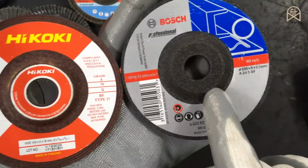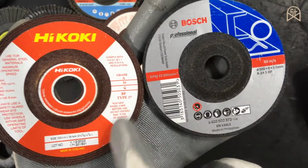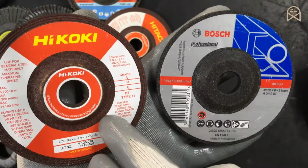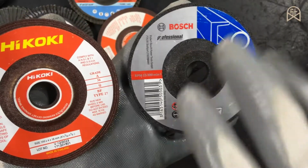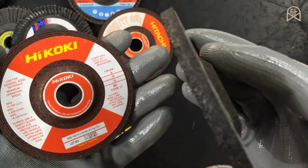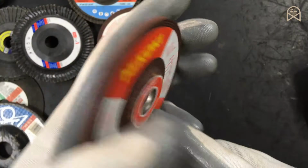This is a 24 grit model and this one is a 36 grit model. The grit number is nothing but the size of abrasive particles used in this disc. The higher the grit number, the better the surface finish. The lower the grit number, the faster it can remove the material. This 24 grit disc has a thickness of 6 mm and this 36 grit disc has a thickness of